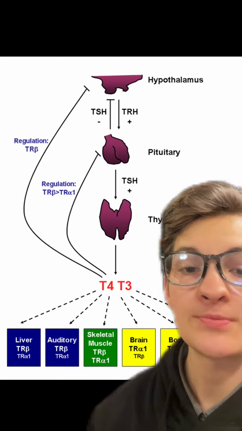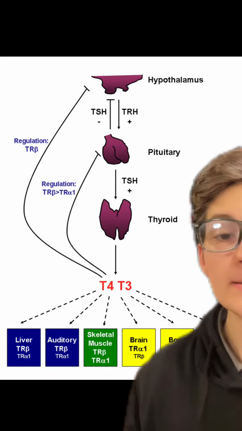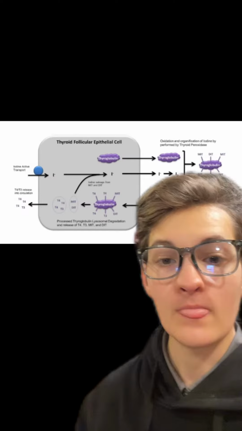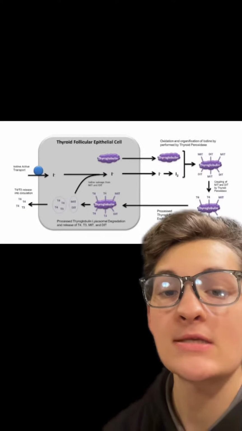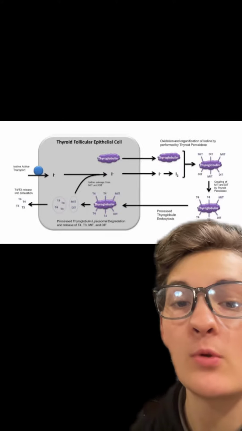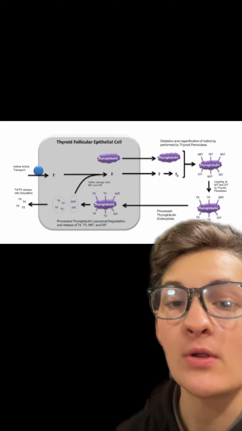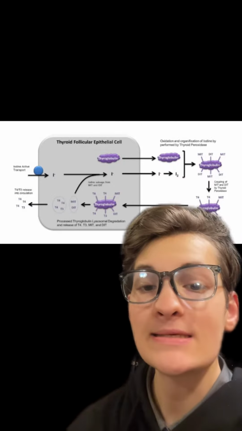TRH stimulates the production of TSH, which stands for thyroid-stimulating hormone. TSH can then travel through the vascular supply between the pituitary gland and the thyroid gland. On the thyroid gland, it stimulates the uptake of iodine from the bloodstream. Inside the thyroid, there is a big protein called thyroglobulin. TSH stimulates the addition of iodine onto thyroglobulin, which can then be cleaved into different subsections, releasing the two important